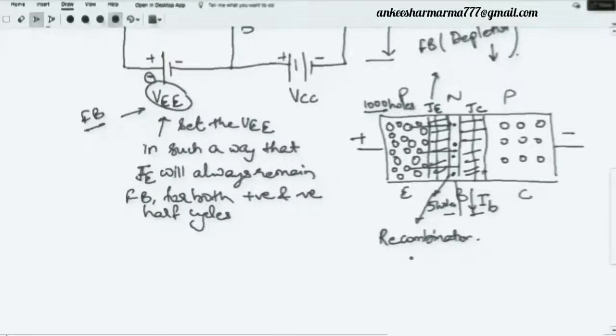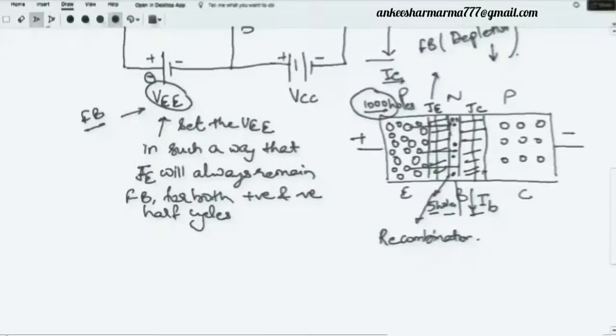Due to the recombination, these electrons and holes will combine and a current will flow, and I have said here that only 5 holes have combined, although the P was giving 1000 holes. 5 units again, it means this current IB would be very small in comparison to the other current, that is IE. In the emitter, if I take the IE current, then in comparison to IE current, IB is very small, because only 5 recombinations happened. It means out of this, 5 combined, so out of 1000...